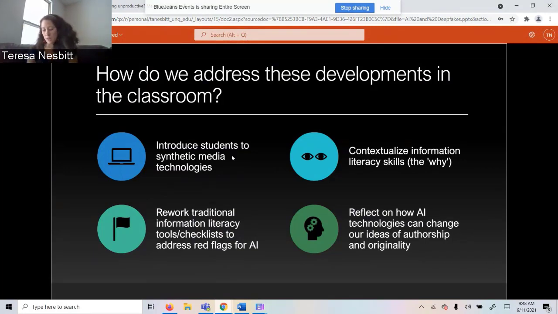So the idea is talking with students about how information doesn't only have value, it also has a cost as well. If we look at the frame of authority is constructed and contextual, the idea of data poisoning fits really cleanly into that as well.